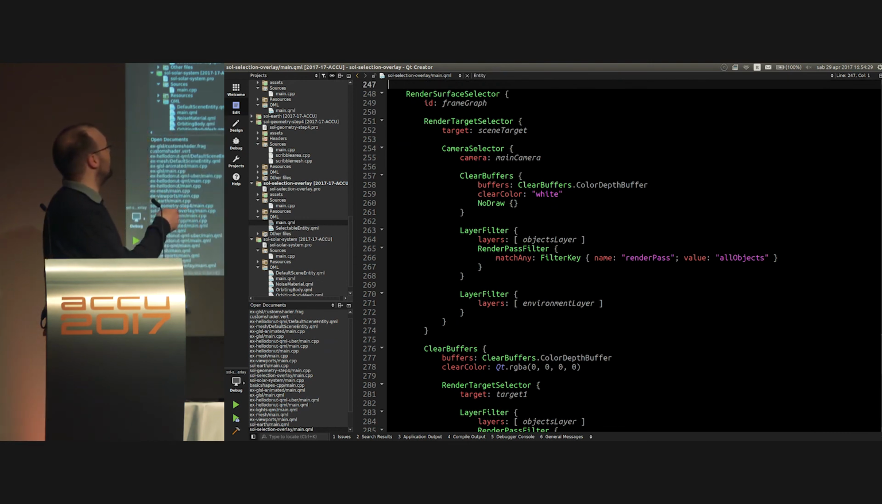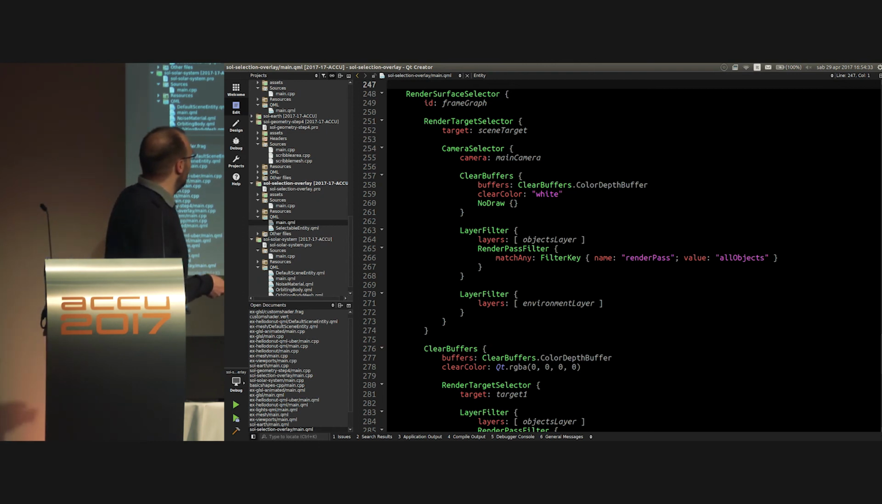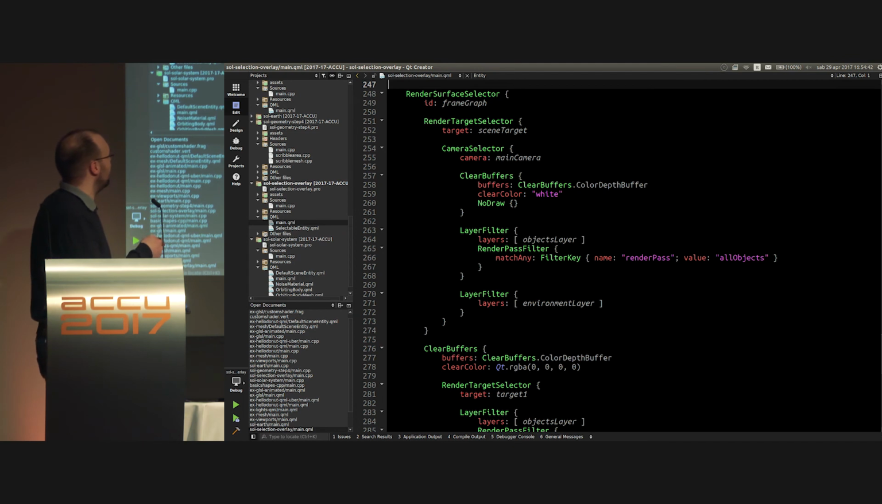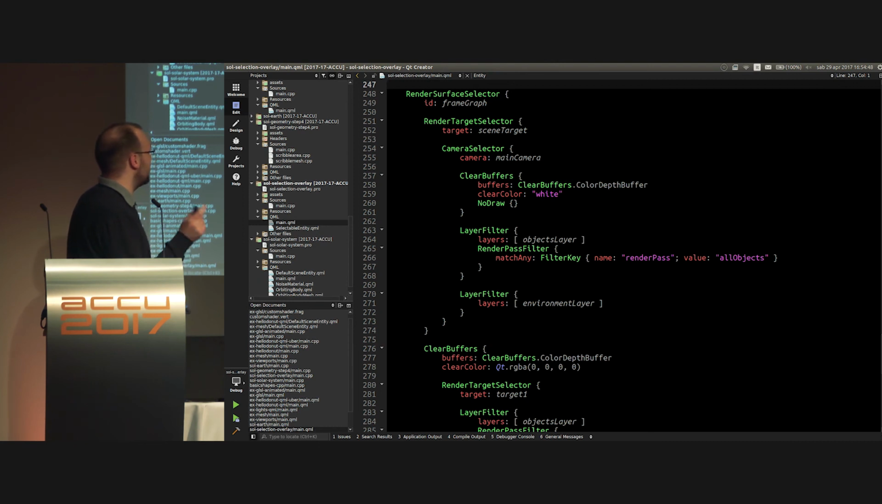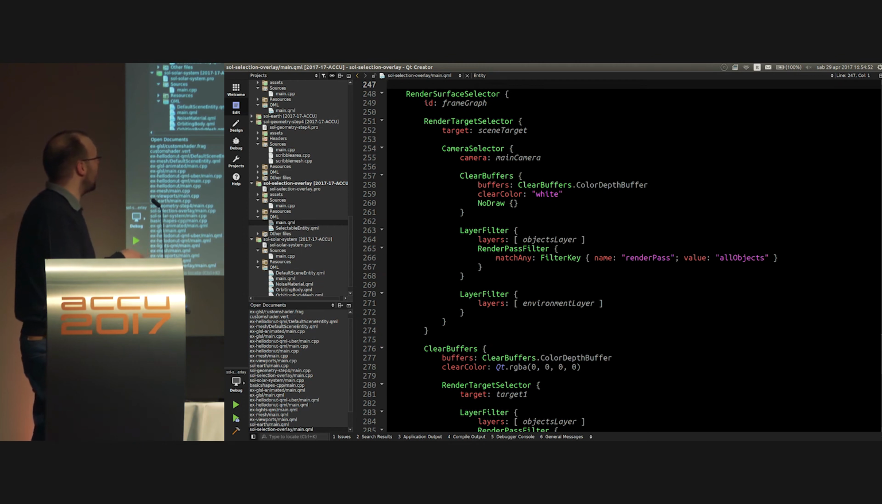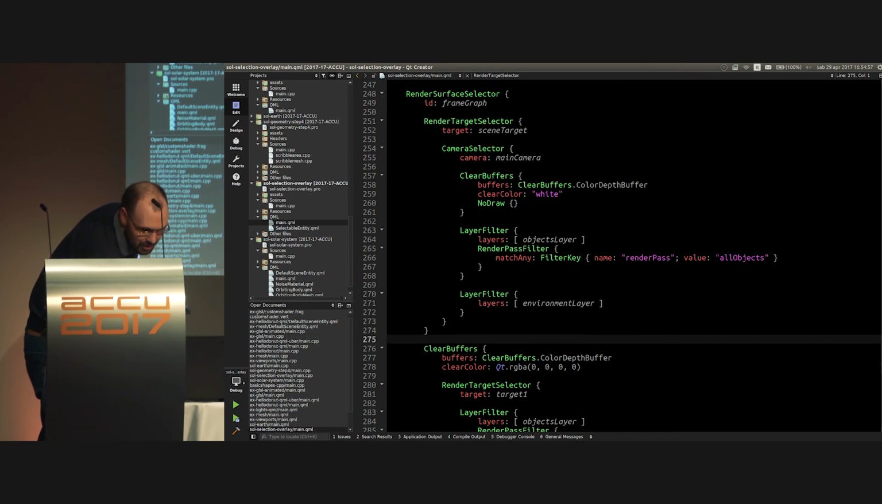It starts with something that says, I want to render to the screen. I have another one, which I think still targets the screen. And then I select the camera, which is my main camera. I clear everything with white. And then I draw all the objects which are tagged, I think. Yep. And I actually draw the environment which is around it. Then I have another pass